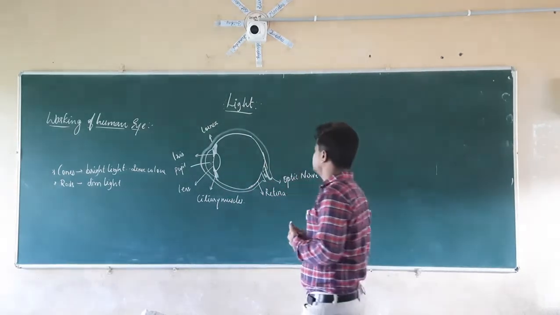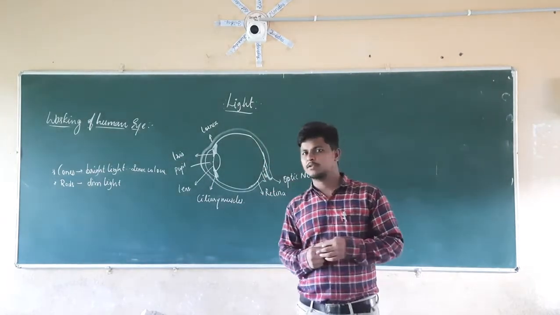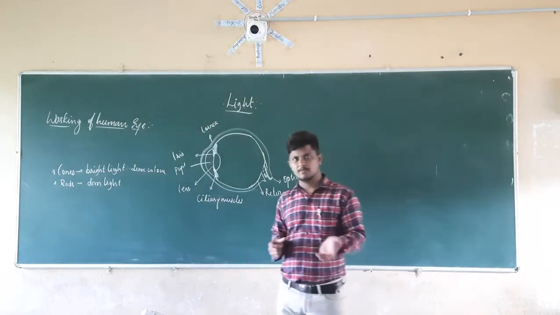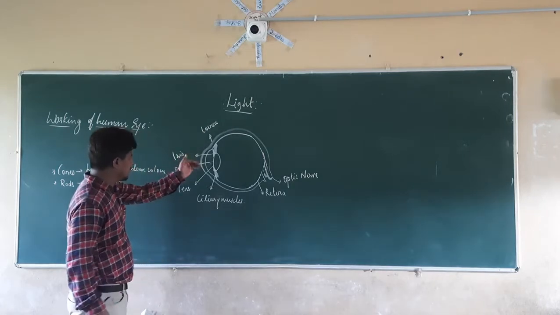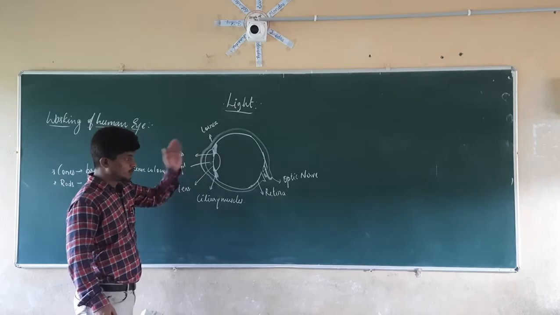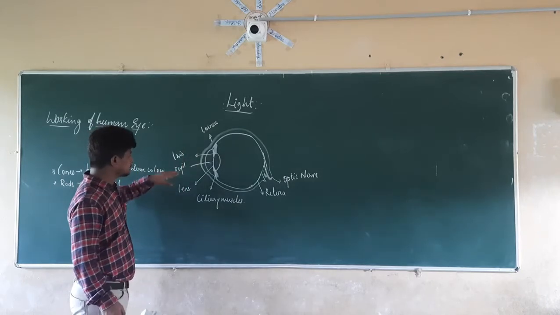So in the last class we were discussing the light topic. In that topic we were discussing the human eye. We already discussed the structure of the human eye, which has this type of structure. The outermost part of that structure is nothing but the cornea. This layer is the cornea. Whichever part you see on the outside, the outermost part is the cornea.